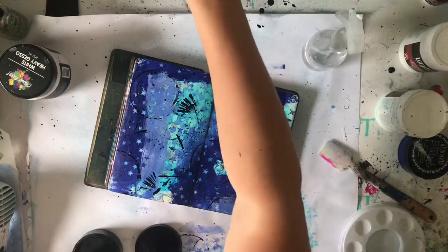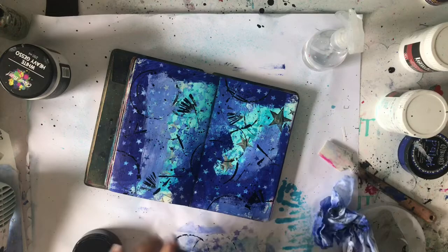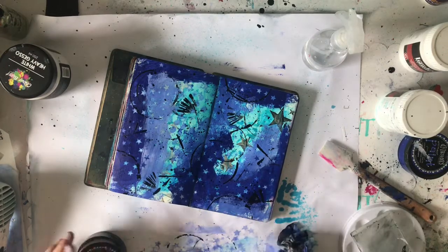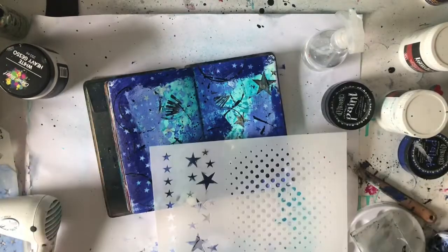So I decided to go with it and add a few more in intentionally. There are no mistakes in art, as I'm always telling my 6-year-old. Everything happens for a reason. You can't get anything wrong when it comes to art. There is no wrong. And now that I've got my background, I decided to bring some more of those stars